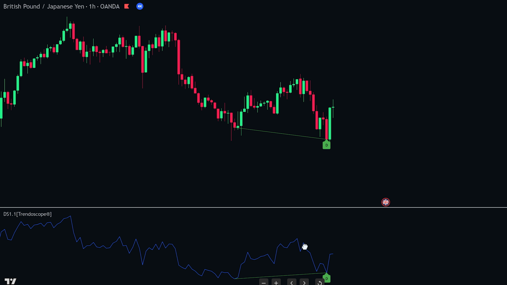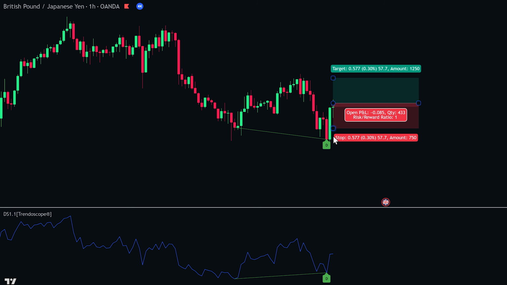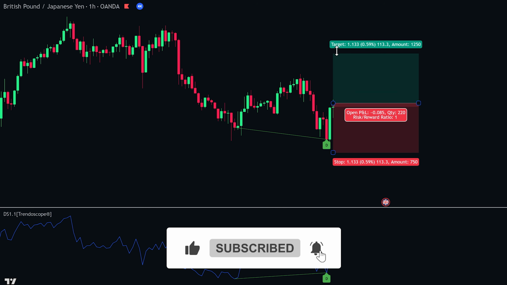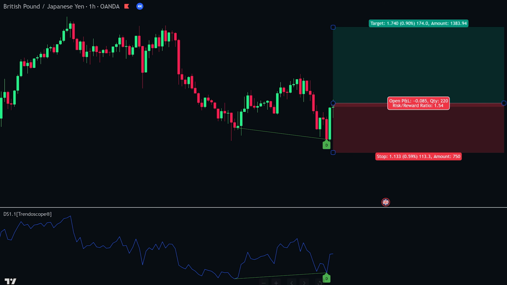And once again, the indicator automatically highlights it for us. If we decide to enter a buy trade at this point, we'd place our stop loss just below the divergence low and target a 1-to-1.5 risk-to-reward ratio. As you can see, if you let the trade play out, price moves in our favor and eventually hits the